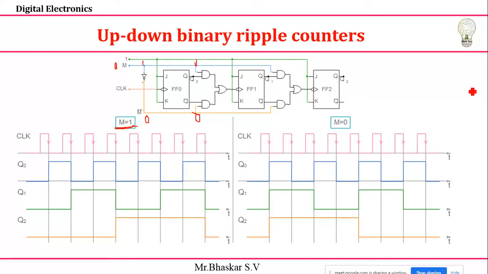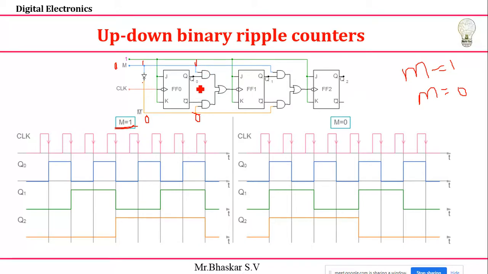I already told that, keep it in your mind. My M value here is 1, then it acts as an up counter. If you make the M value 0, then it acts as a down counter. Because if I make my M value 1, then Q should be connected to here. That is the main intention. How is it connected? Just see the output: you have a Q naught and here I have a 1.